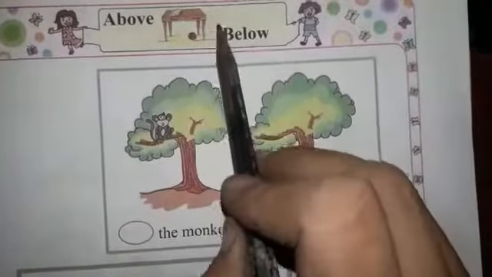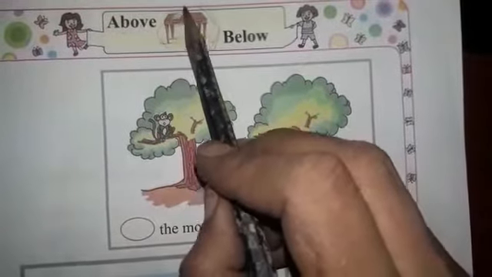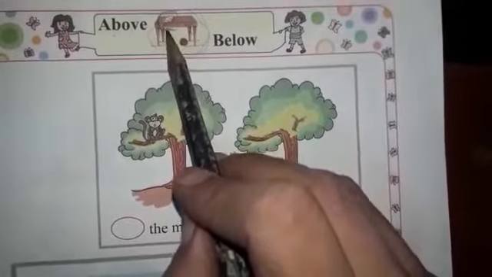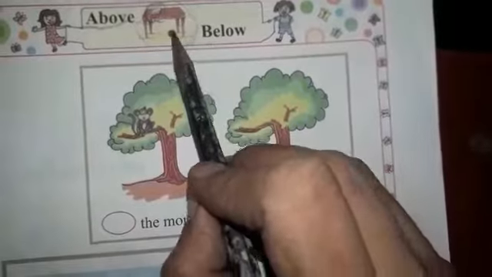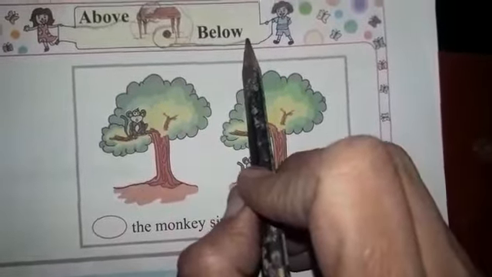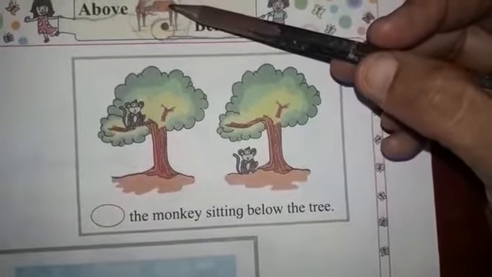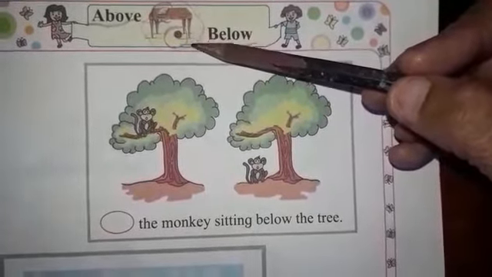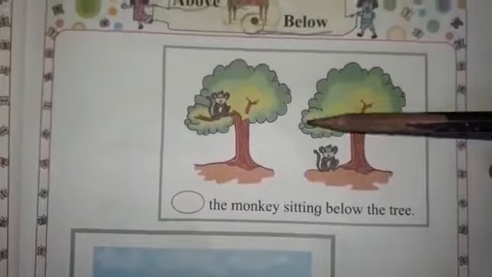In this picture only you can see that one table is there. On that table one book is there. Yes, it is above side. That's why it is written above side. And in this side you can see this ball is there. It is below side. Okay, I told you, like if it is upper side then it will be above, and if it will be down side then below. Just like this, we are going to see much more picture here.